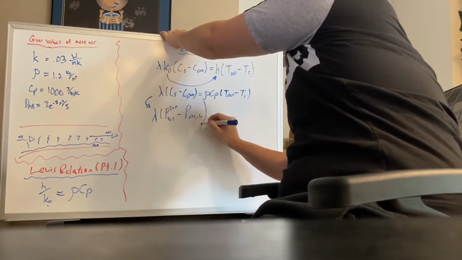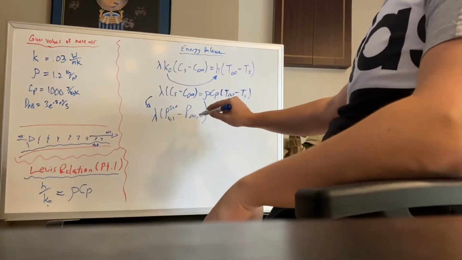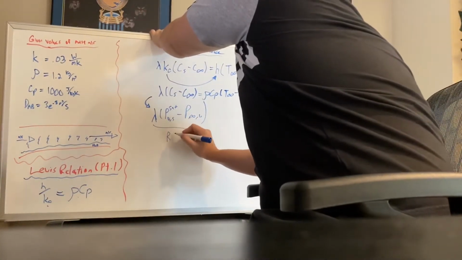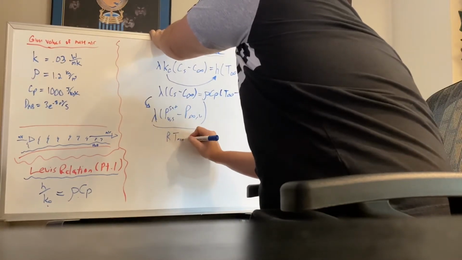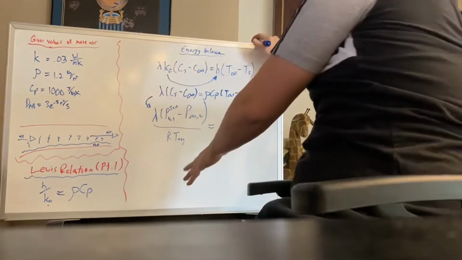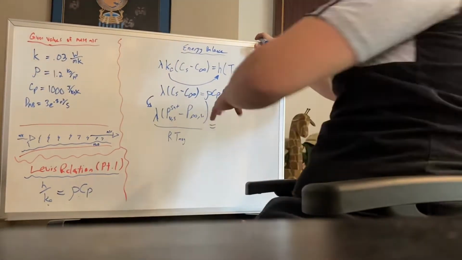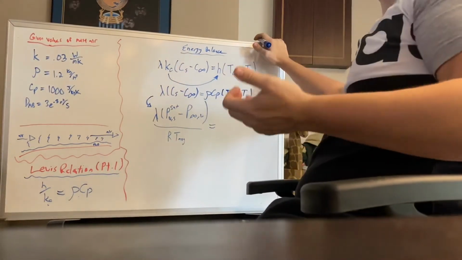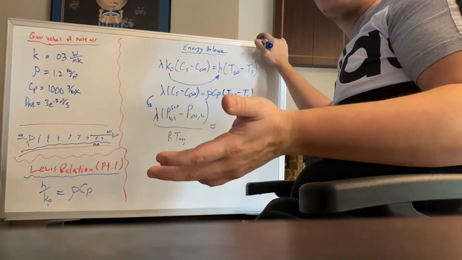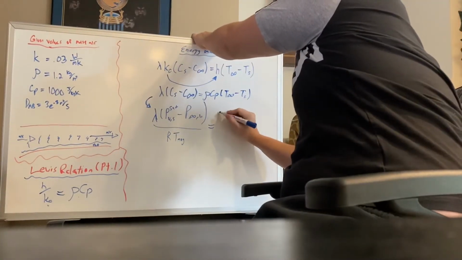Partial pressure of saturated water at the surface minus the partial pressure of the water at some point far away. And this is going to be all over the gas constant multiplied by the average temperature. And so this will also be showing a similar change on the right-hand side of the equation compared to the left-hand side as well, where we're going to be replacing this rho Cp, the density times the heat capacity, and instead of having that anymore, we're going to have the total pressure of the system. So we'll be looking at P total